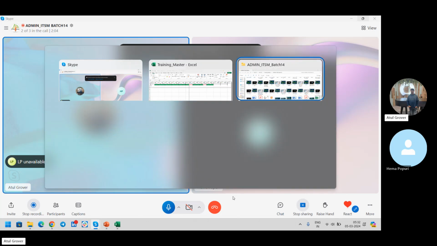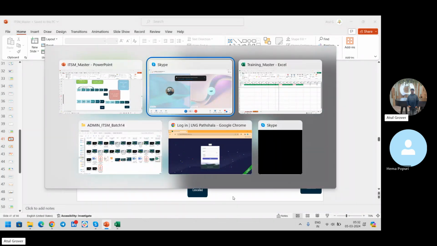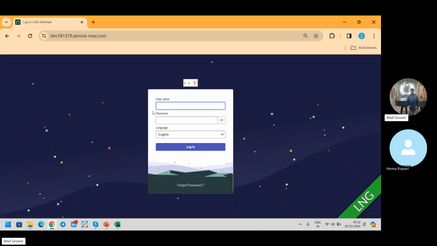Okay, so yesterday we discussed change management, right? And we discussed the change model. Now we are going to do a little bit more of a deep dive into the change model and then we will proceed further. If you remember what I said yesterday, let me log in and